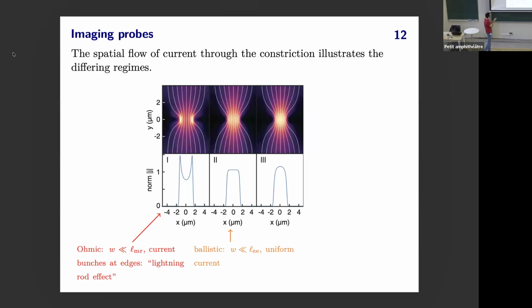In the ballistic regime, up to finite size effects in this device, you would see a flat current profile approximately through the center of the device. And in the viscous regime, you instead see the current bunch towards the center of the device. So 1 is obvious and easy to distinguish from 2 and 3. You just do that by eye. 2 and 3 are a little more delicate in experiment, and one often relies on quantitative comparisons between data and simulation, but at least morally there's some difference here as well.